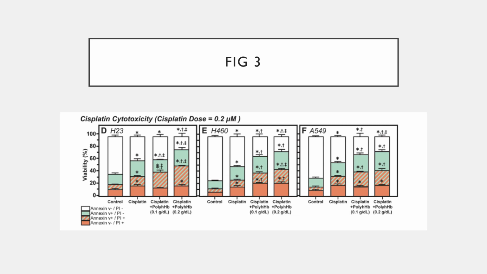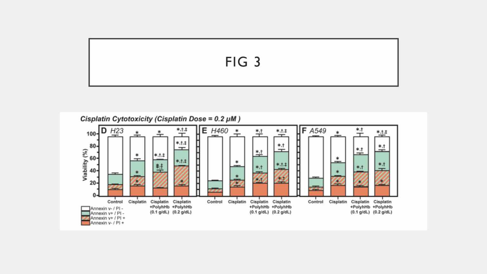So this figure shows the tumor cell viability in culture measured by the percentage of the live cells after treatment with 3 treatment groups for the 3 different types of cells, which are H23, H460, A549. So for the H23 cells, there was not a significant increase in the number of necrotic cells when it was treated with any concentration of cisplatin with polymerized hemoglobin when compared to the cells treated only with cisplatin. However, there was an increase that was shown in the cells undergoing apoptosis